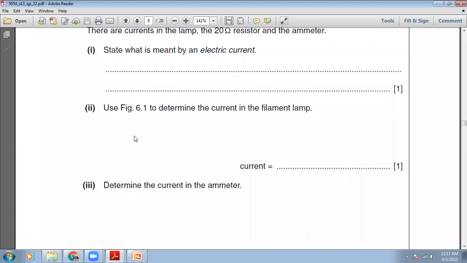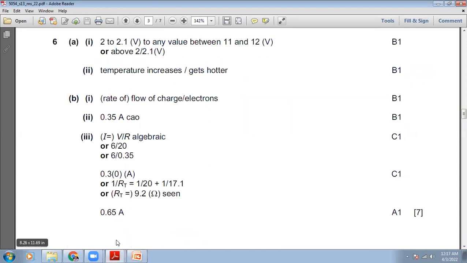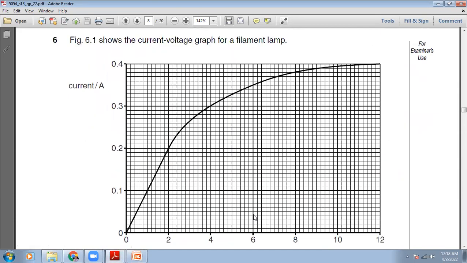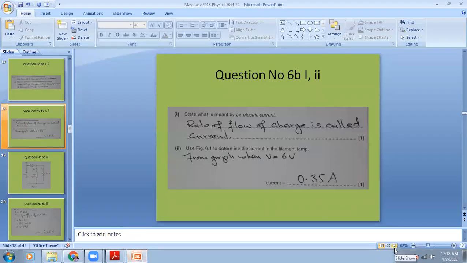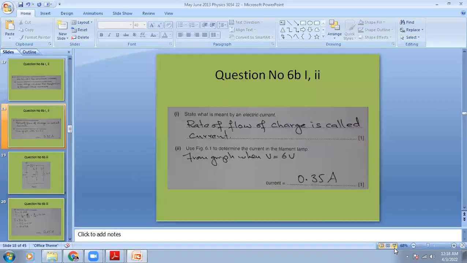It says use figure 6.1 to determine the current in the filament lamp. The voltage here will be 6 volts and the voltage here will also be 6 volt. So we will look at that graph, and for 6 volt we will check how much is the current. That is 0.35 ampere. So from the graph, when the voltage is 6 volt in the filament, the current will be 0.35 ampere. Okay, now